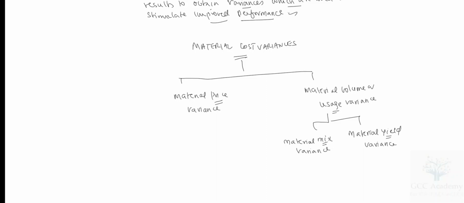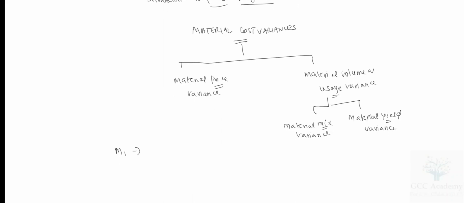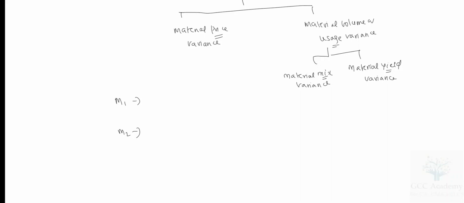Now we are going to use some important technique here, method. I am going to give you M1. Very important, carefully observe here. This is a model. We are going to focus on 4 steps here, M1, M2, M3, M4. We have to calculate this. This is an important methodology for variance analysis.